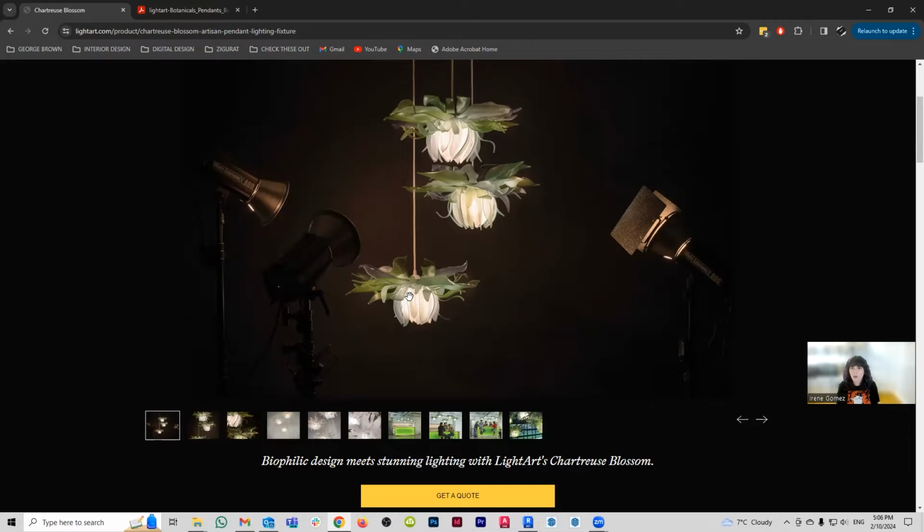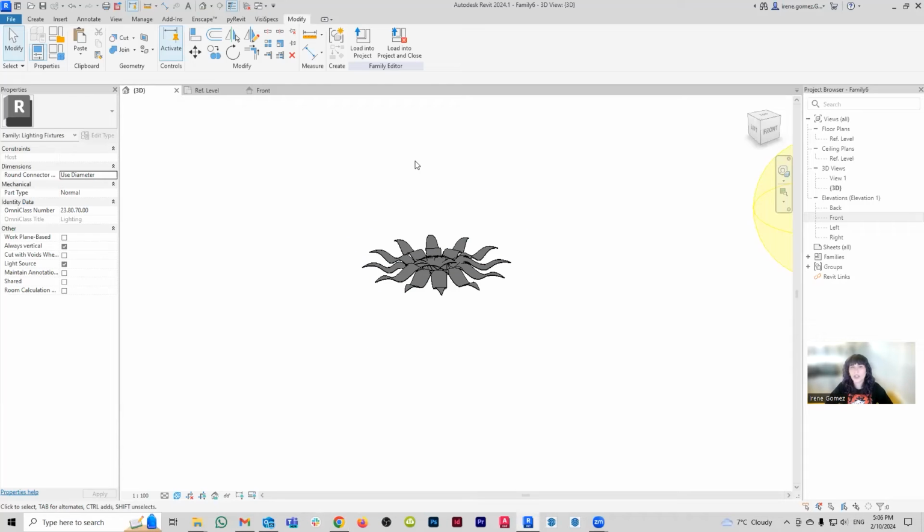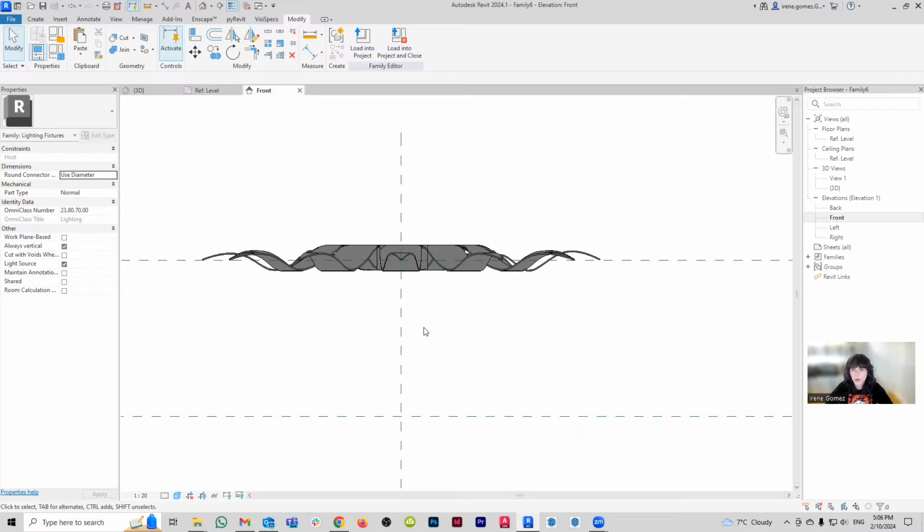So instead, I'm going to do kind of like a not full sphere. It's going to start like a sphere, but it's going to be a little bit more of a bell. And then we're just going to apply a material that is going to do that petal shape. So we're going to use material cutouts to create the illusion. And then within that, there will be a solid sphere. So to do that, I'm going to use the revolve tool on a front view. So I'm going to start here.